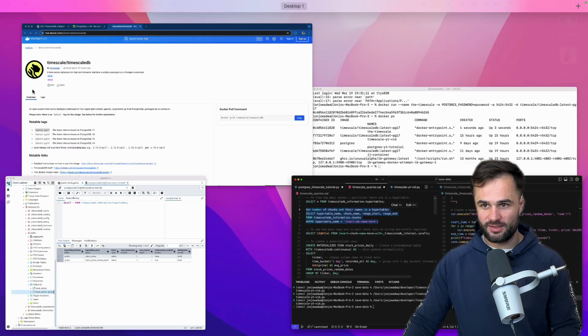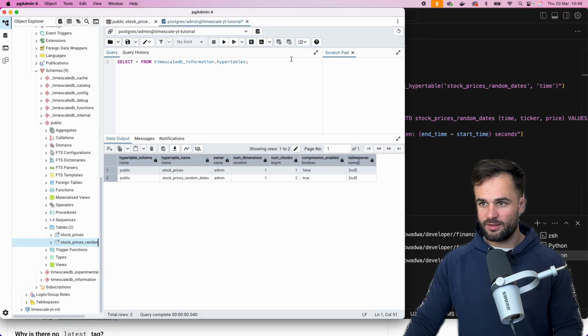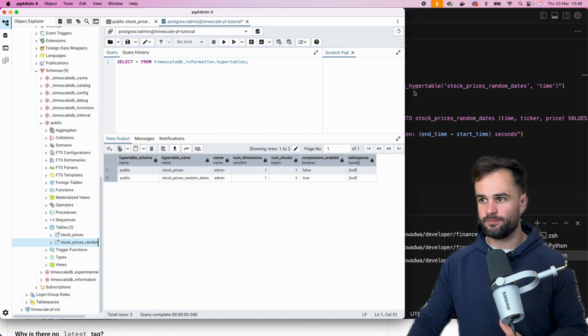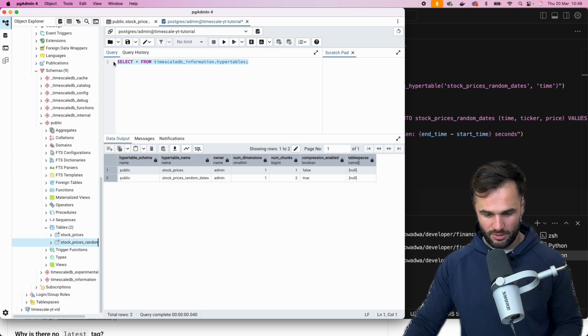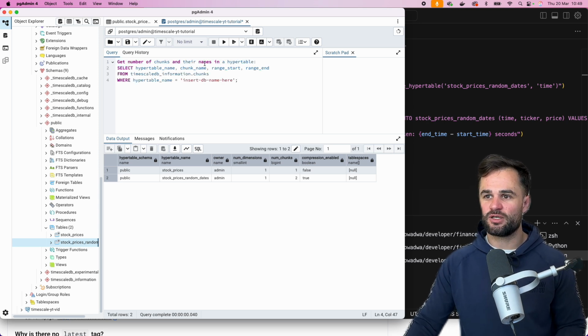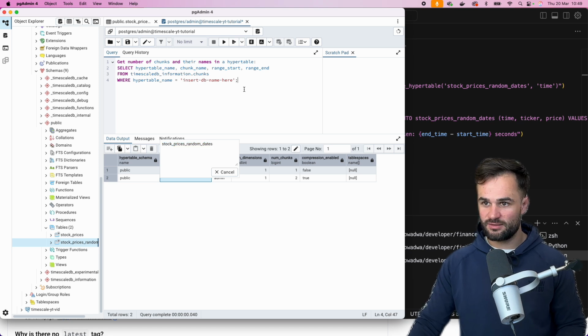If we copy this, and if you leave a comment below and want to see this code, I'll send you the GitHub repo. So if we paste this here, we can say get number of chunks for their names in hypertable: chunk name, range start, range end, from timescale chunks where hypertable name equals. So if we just copy this,